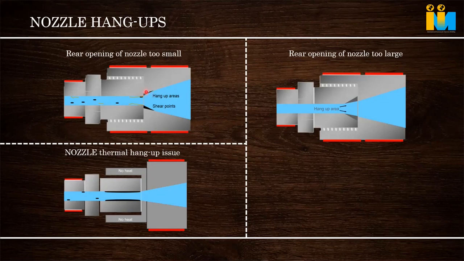What happens after a long cycle? It gets degraded because it is staying at temperature for a longer time. So the material molecules degrade and become brown or black in color. This black or brown degraded material little by little goes into the flow and sits in the part, and you can see a burn mark on the part. You'll be attending to all the problems, but nobody has touched the nozzle. This difference causes the hang-up area, and it burns, goes and sits in the part, and a burn mark comes on the part. So the nozzle is very important in this.